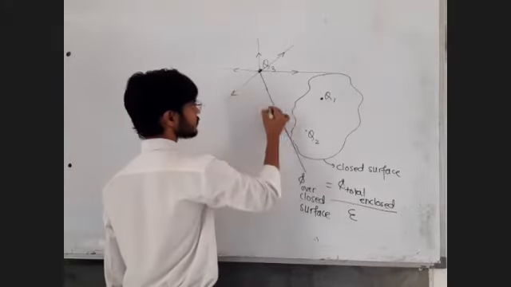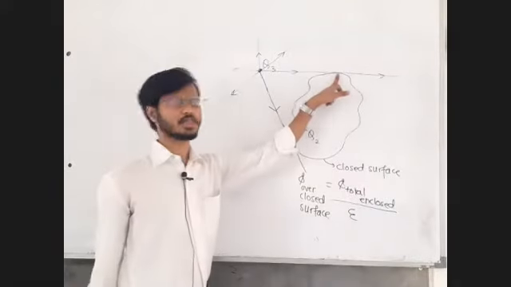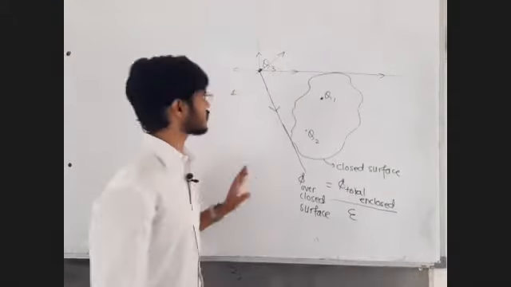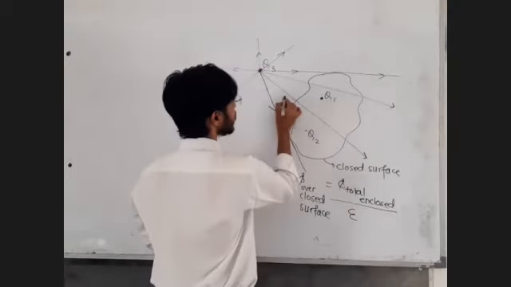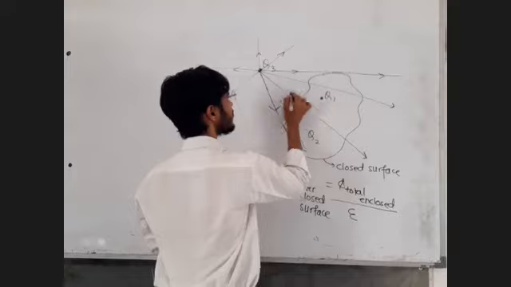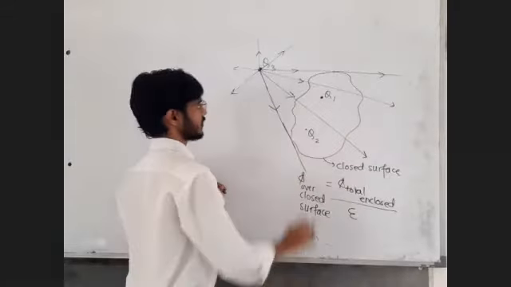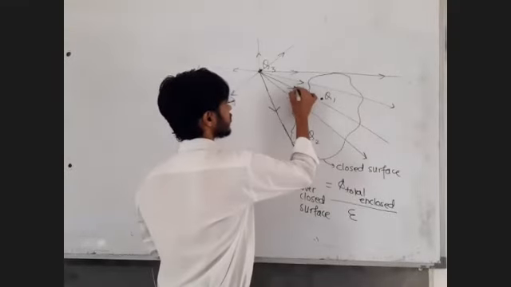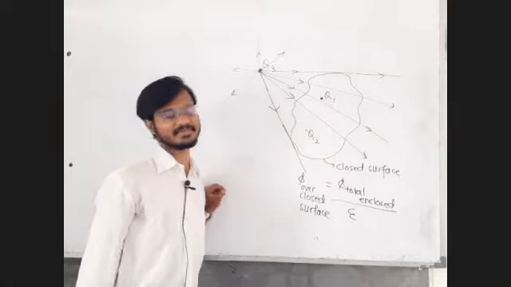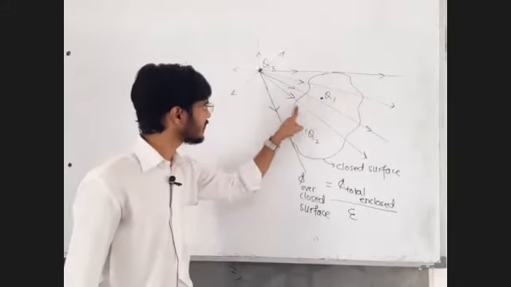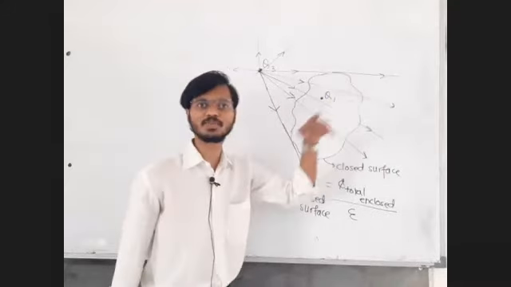Try to understand. This line just touches the surface. This line also just touches the surface, and all the in between lines will be like this. So the number of lines which are coming in because of Q3 is equal to the number of lines which are going out because of Q3. Got the logic? Tell me yes or no. So no need to count those lines. Whatever lines come in because of Q3, the same number of lines go out because of Q3.